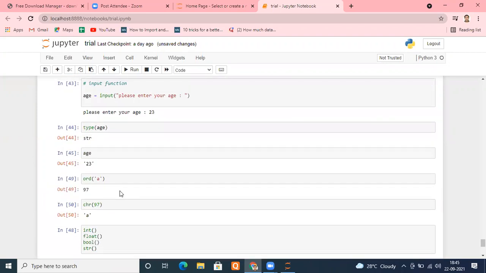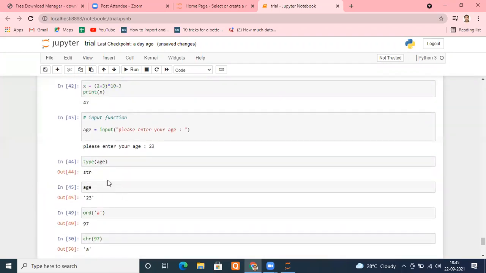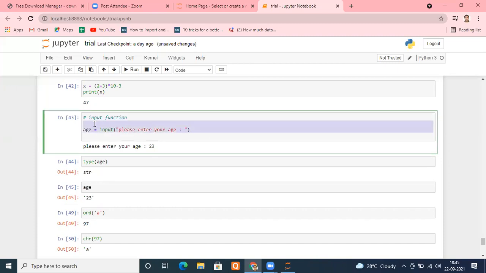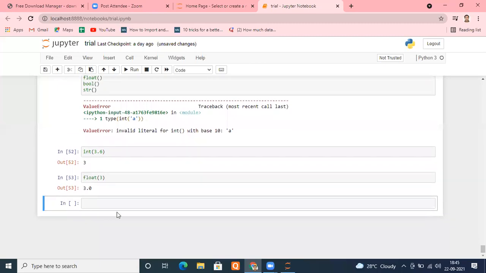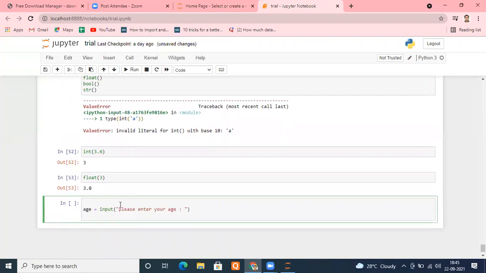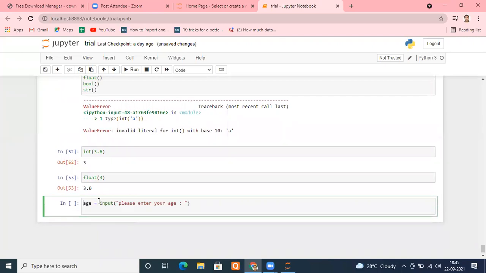So we were coming from here. What is happening? This age is represented as a string. So one way to do that is I'm copying the same function again so that I can go here and use that. Let's say I'm writing the same function age. Okay. One way to convert it back to the integer is I can use age equals int of age. Will it be fine or not? Please tell me.